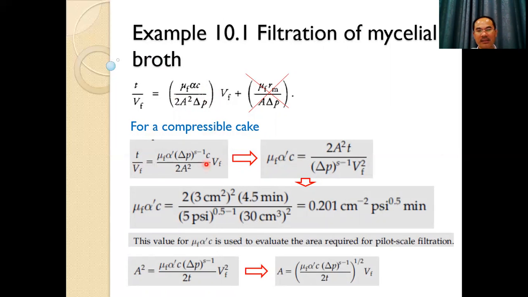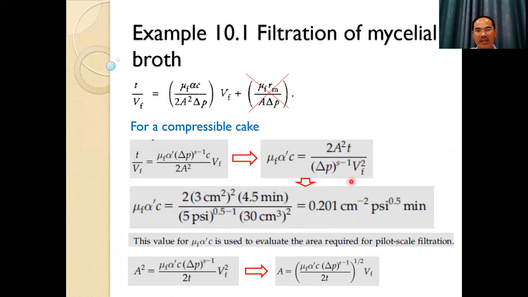And then you can rearrange this equation. You get mu f alpha c equal to this term. We have to rearrange this term because we don't know mu f, we don't know alpha c. But we know A, we know T, we know delta P, we know Vf. From the experimental data, A is 3 square centimeter. Time is 4.5 minutes. Delta P is 5 psi, and the filtration rate is